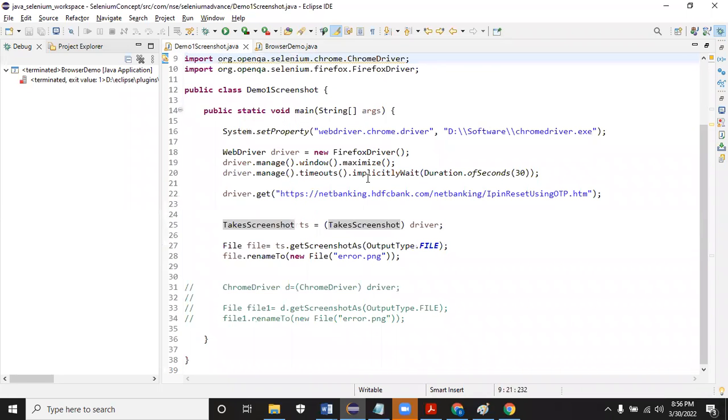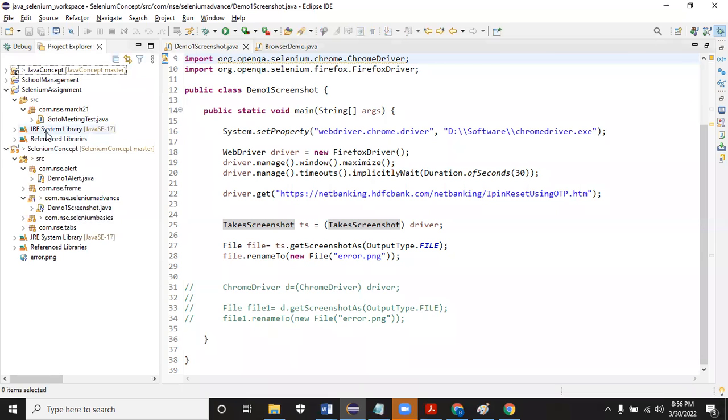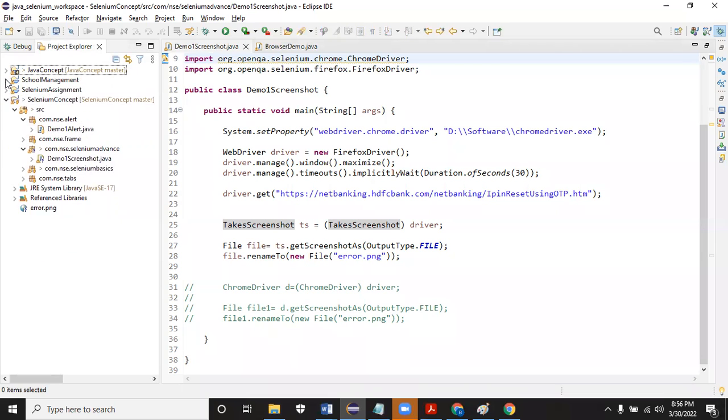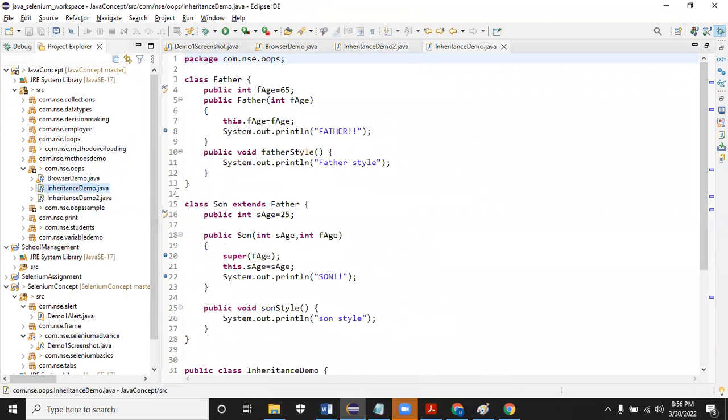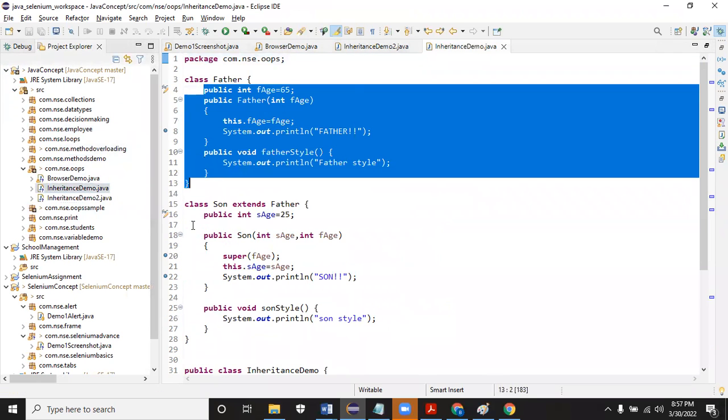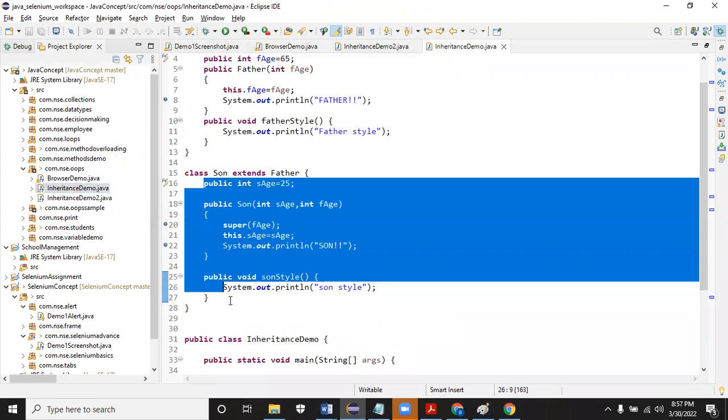Understood? These are all major concepts of abstract, interface, and all this will be connected. What you need to go through is the last class video. Last class I explained about inheritance, right? This raw data, you try to understand. If you understand this, everything is going to be simple.